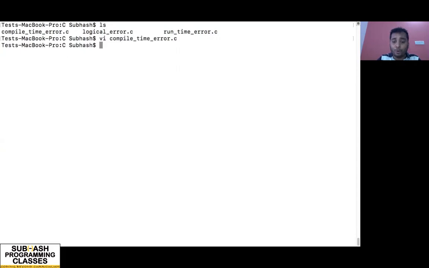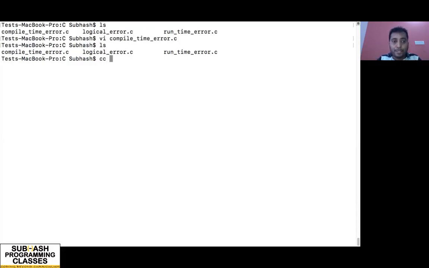Before compiling, I want you to notice that when I list the files in this directory, I can only find 3 source files, and there are no executable files over here. Why am I saying this? Because when the compiler generates an error, the compilation stops and no binary files will be generated. There won't be any executable files. So compile time errors are those errors caught by the compiler during the compilation process if there is any kind of syntax problem or vocabulary problem with the language. Such errors stop the compilation process and no executable file will be generated. Now let me show that to you.